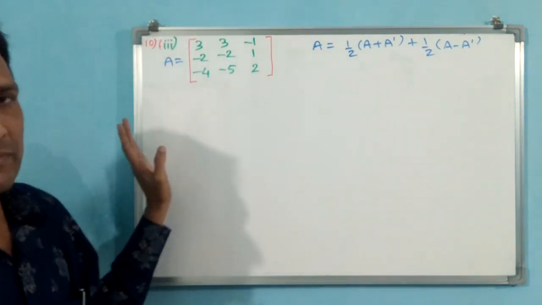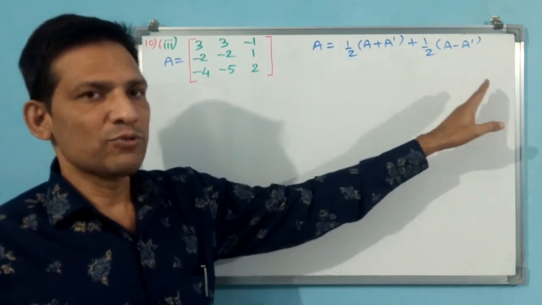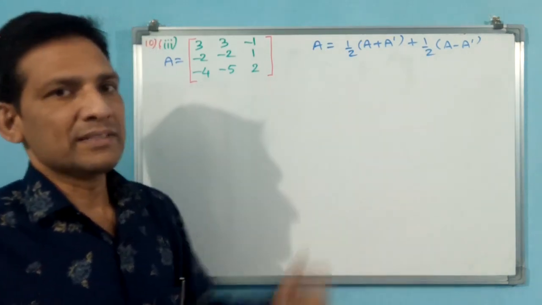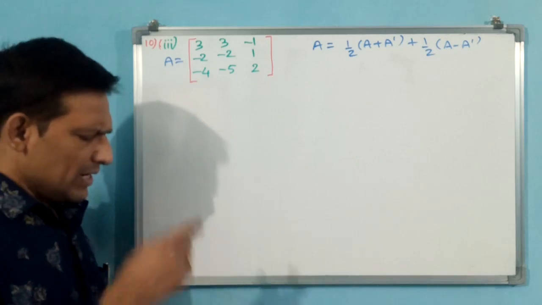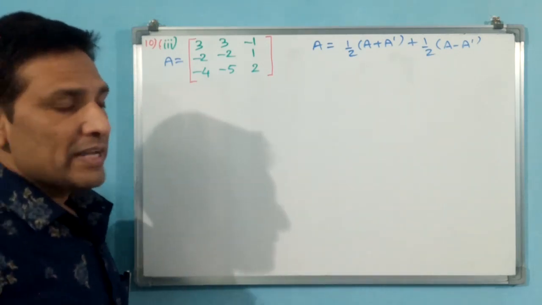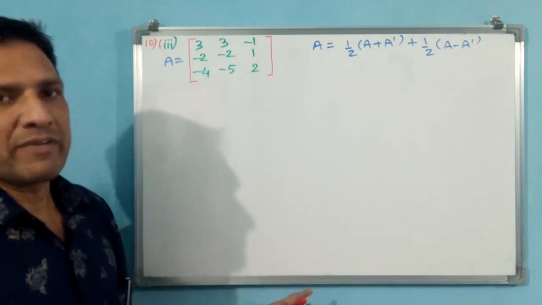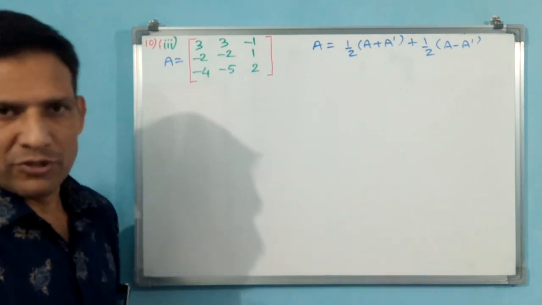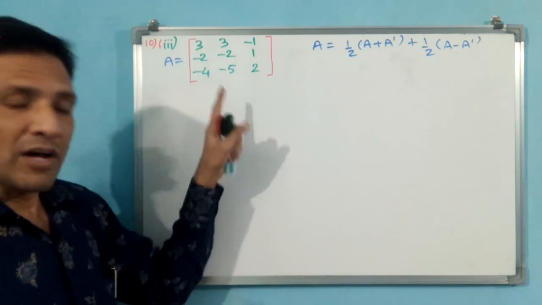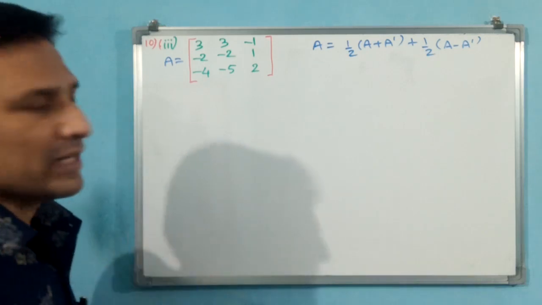Then this is going to become the sum of a symmetric and a skew symmetric matrix, and the original matrix will come like that. We can show it. Let us do it. Already we have done 2 questions. One is 2 by 2, which came out perfectly. Another one is 3 by 3, but not perfectly. We can say the skew symmetric part has become 0. Now here the skew symmetric part is not going to become 0. Then you can get the feel of the original 3 by 3 problem.